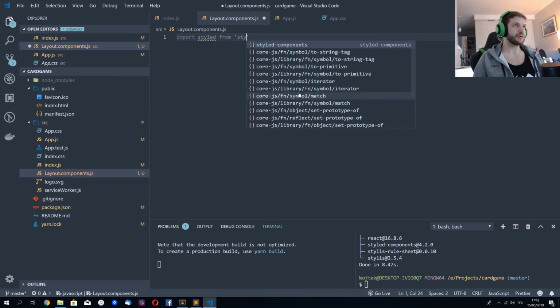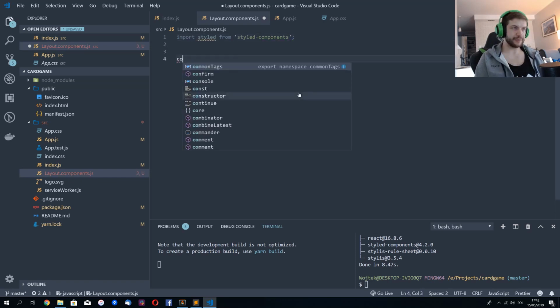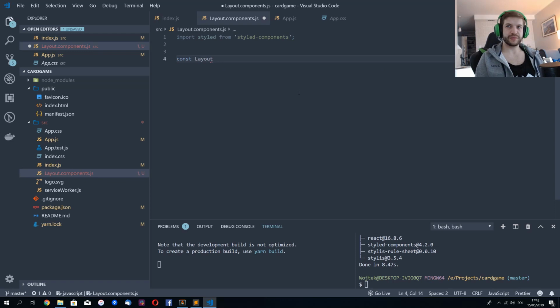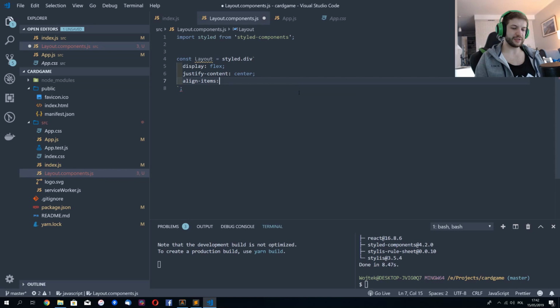I will import from style components, and I will say layout is actually styled div, and it has display of flex. Everything will be centered. As you can see, I'm just typing the standard CSS properties here, and I will export it,